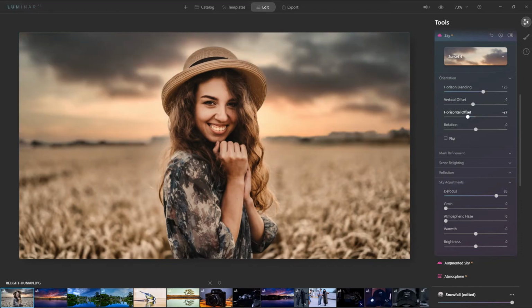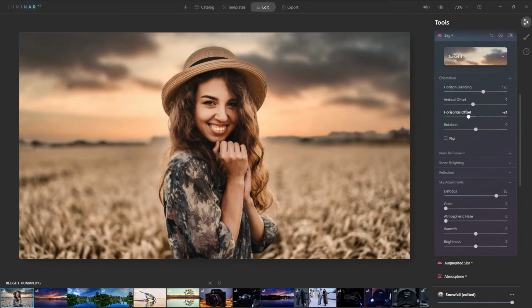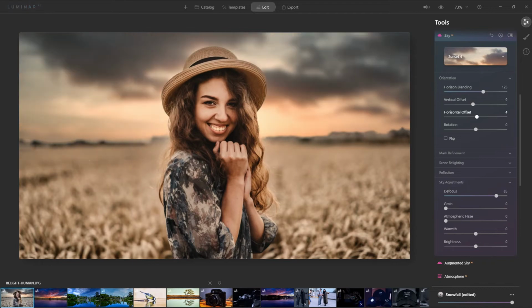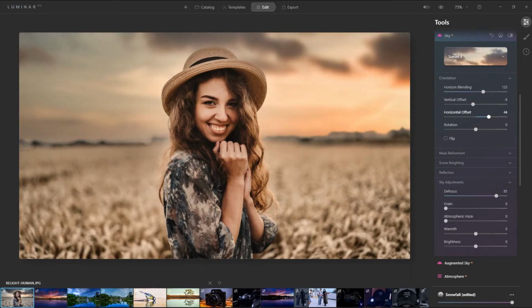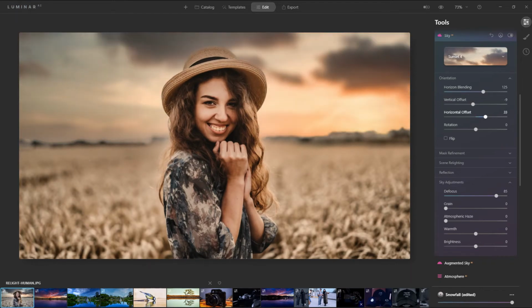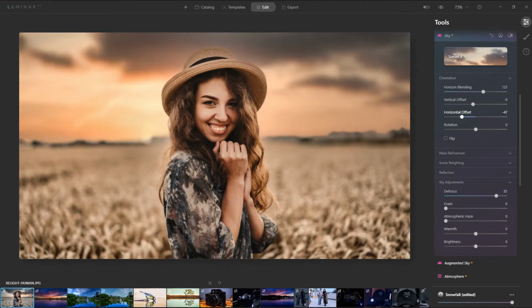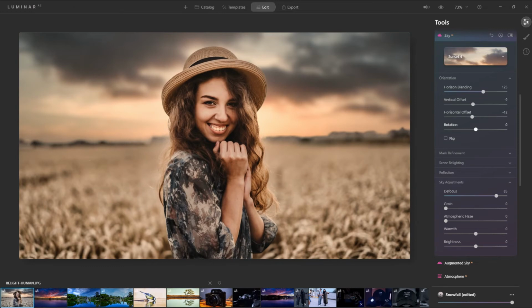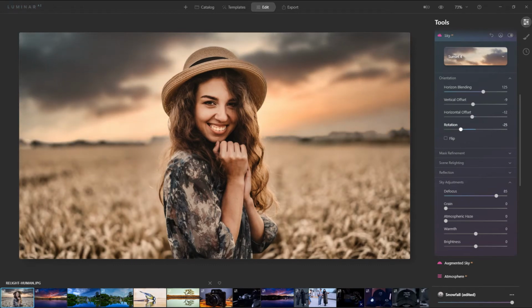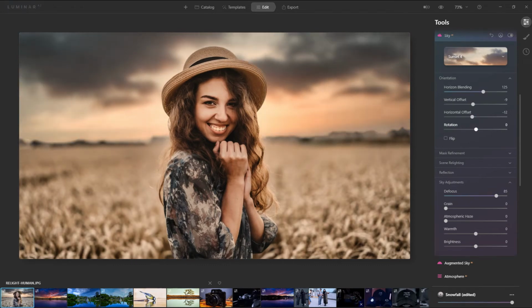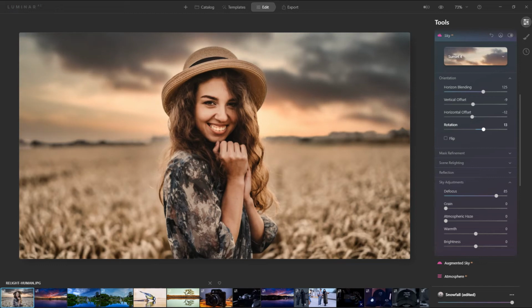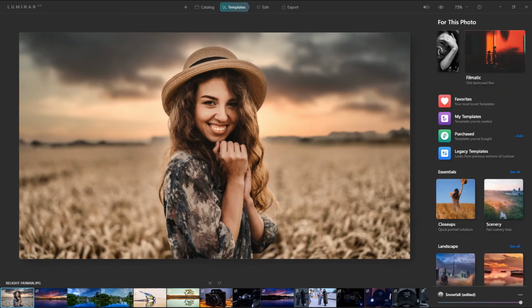See how the sun was naturally behind her at first? You could actually bring it over to make it more visible if you wanted to. Bring it over to the left, which is really cool. And if you had a picture that had interesting angles and perspectives, you can also now rotate the horizon to match that scene.